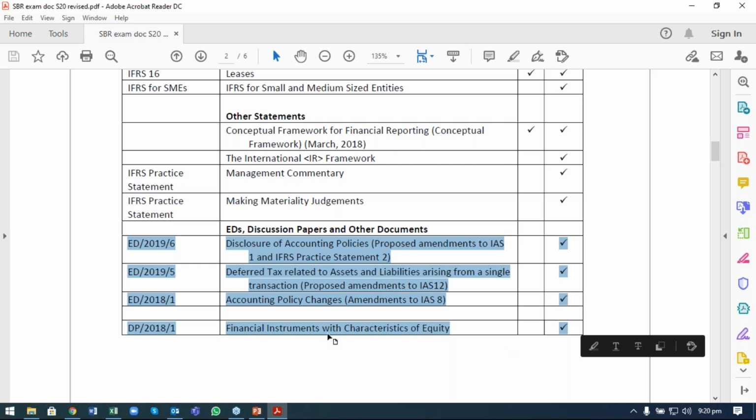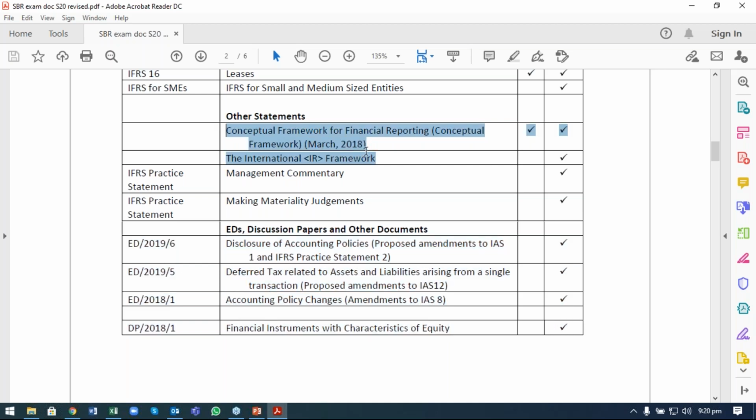So you need to look into these exposure drafts at least once, so you are able to make sure that you have an understanding of them. I would recommend for this specific attempt, this Conceptual Framework 2018 document is very important. You must look into these documents and understand the impact of this conceptual framework, how this impacts the